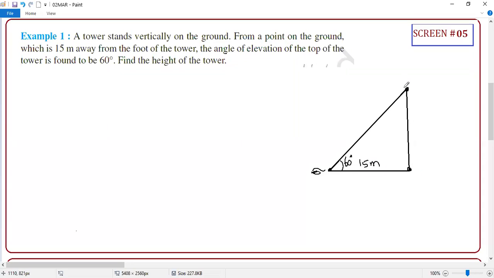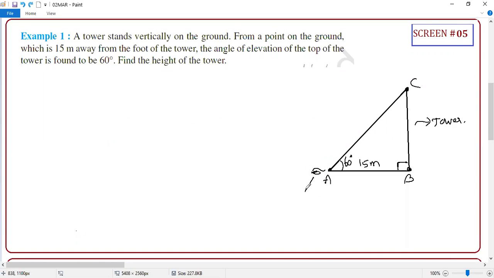So first thing is that convert them into a diagram. How many right triangles you got? Only one, which means now itself you can say it's a small question. Clear? Now coming to the story. Okay. So after that, draw the diagram, student. Wherever you are putting this point, name this point. And observer, you named it. And what is the object? Tower.